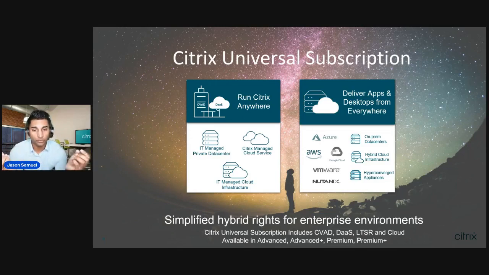So you don't need to dedicate yourself to just one control plane and say, oh, well, we have to be in the cloud, or we have to be on-prem, or we have to be just within like AWS or whatever. You can do all of it. It's up to you. It's complete flexibility to do what's needed for that particular workload, whether it's governance, regulatory reasons, air-gapped environments, whatever it is that you have, the universal subscription gives it all to you.